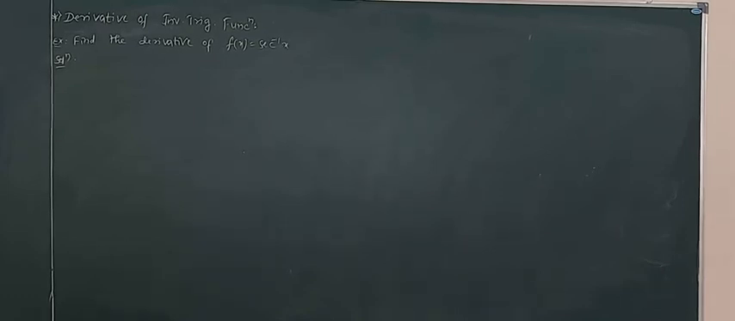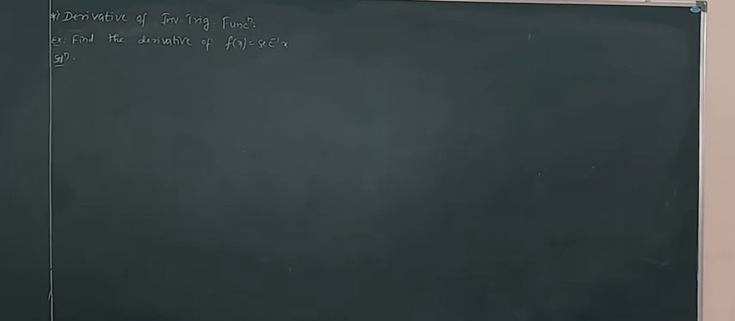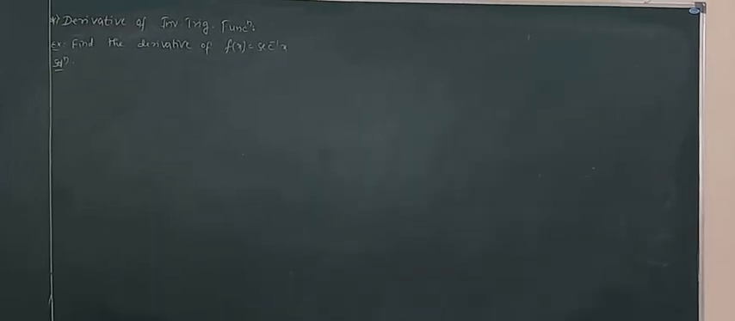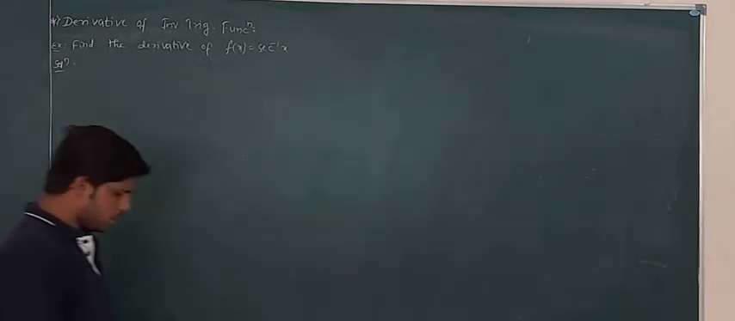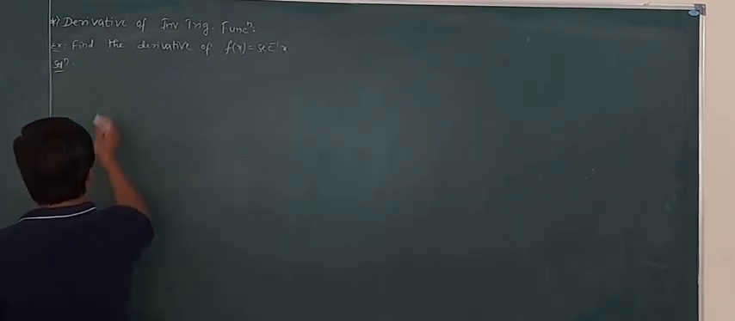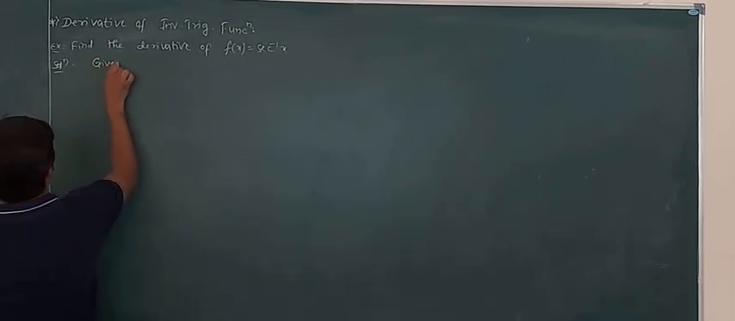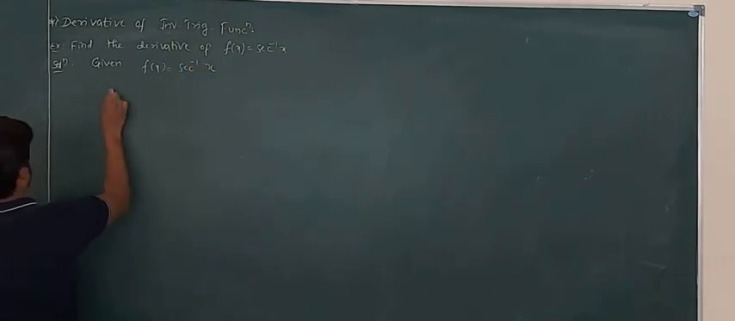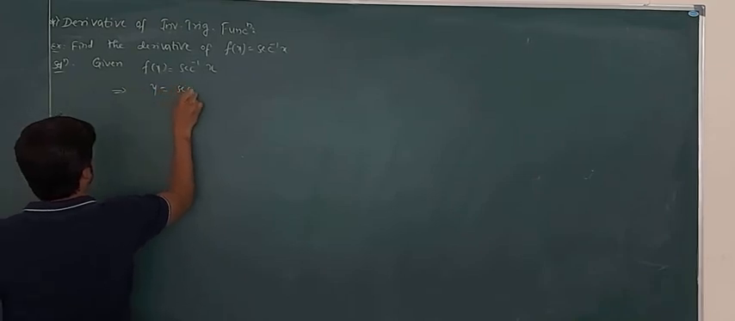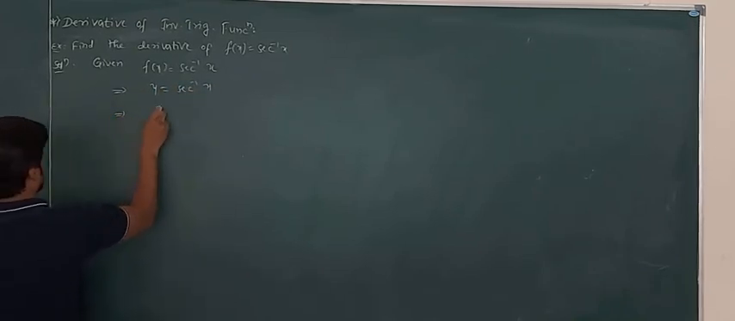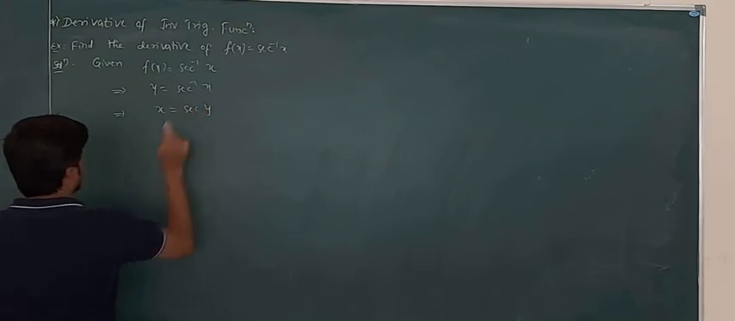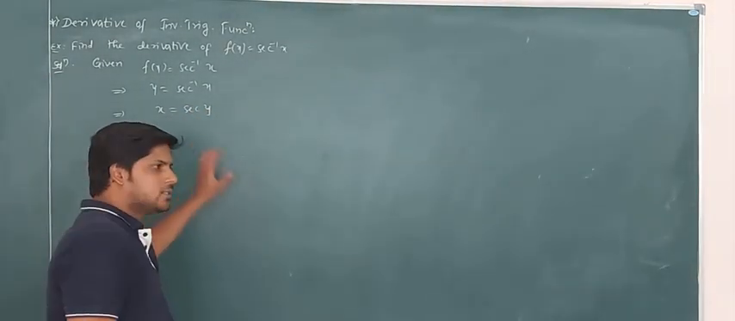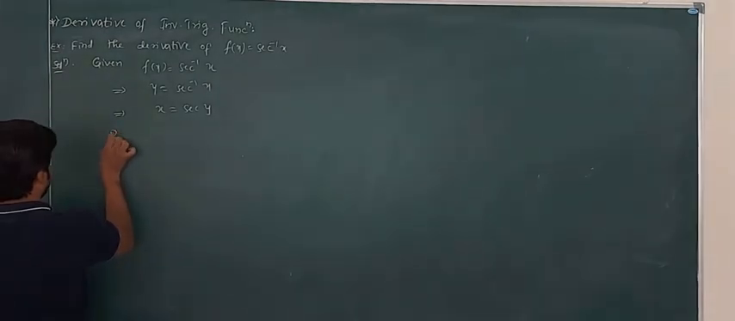So next inverse trigonometric function is secant inverse x. Find the derivative of f of x equal to secant inverse x. So here given function is f of x is equal to secant inverse x, or y equal to secant inverse x, or x equal to secant y. And we know the differentiation of secant y, that is now differentiate